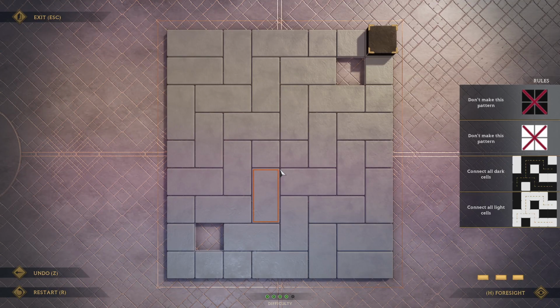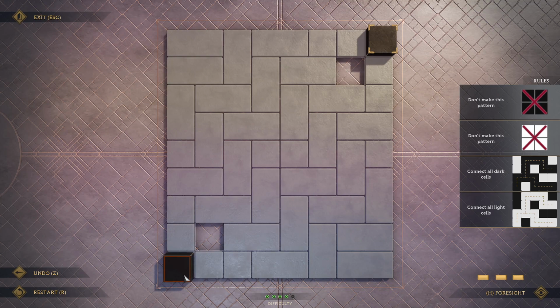So this is actually not giving us a lot to start with. We need to think about how we want to do this. So let's think about it for a minute. One thing I'm noticing is that these tiles are kind of symmetrical. And if we want to be able to connect all of the light and dark cells, basically, the light and dark cells are going to make kind of a yin-yang shape, where they're opposites of each other. So if we put a dark cell over here, what we would have to do is